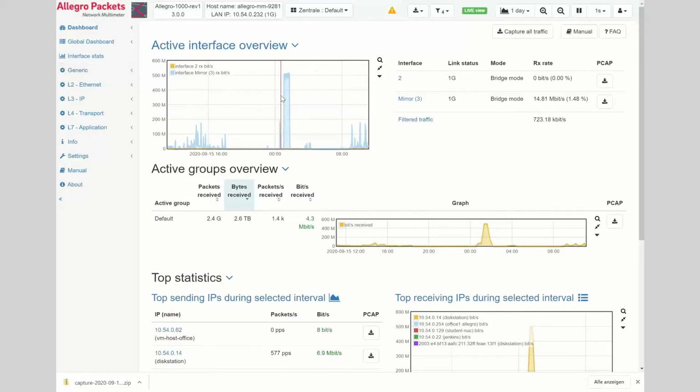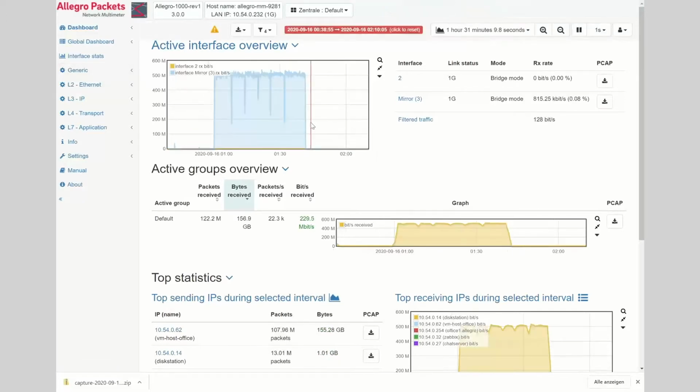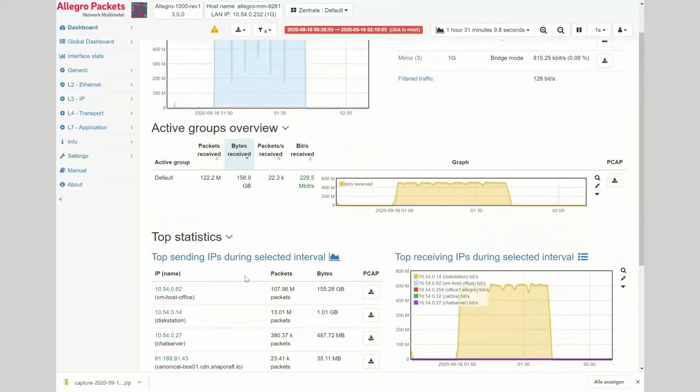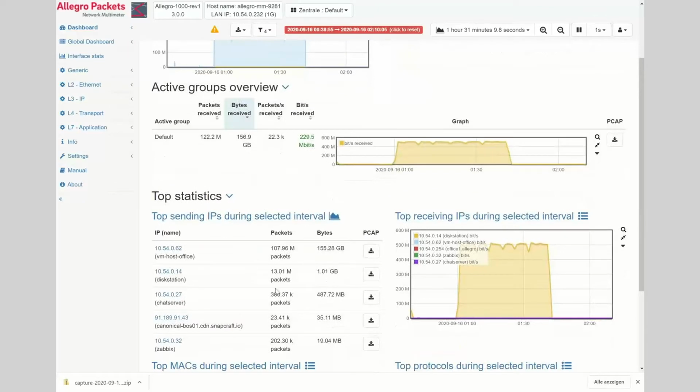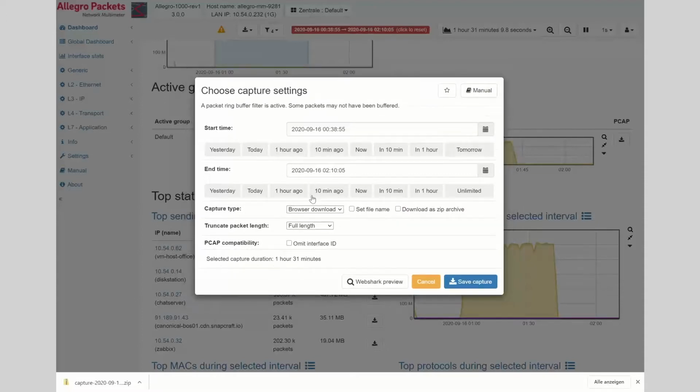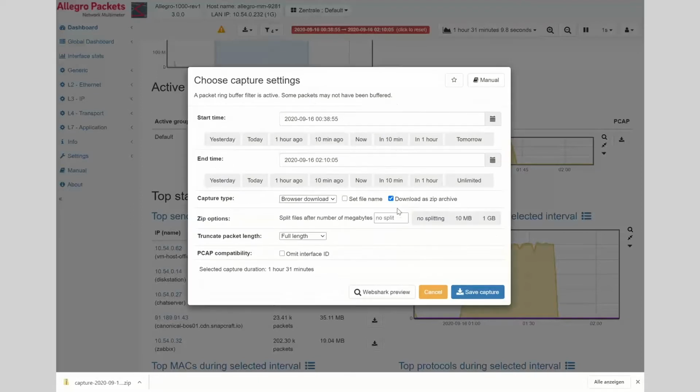So if you, for example, would like to download an extremely big capture from a server, let's take these 487 megabytes, but you're interested in doing a download of it as a zip archive, you can now activate this feature that the browser download should be zipped, which is done in real time.